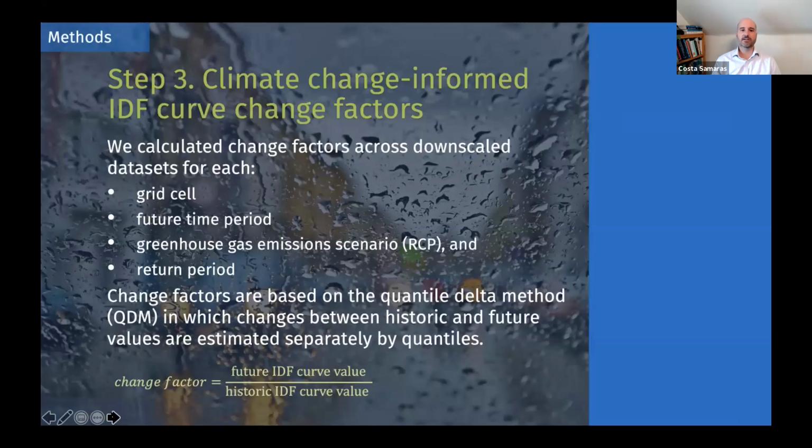So the team calculated these change factors across all of the downscaled data sets for every grid cell in the region, for both of these future time periods, for two greenhouse gas emissions scenarios: representative concentration pathways 4.5, which would represent a moderate to lower emissions scenario, and RCP 8.5, which would represent a very high emission scenario. And for each of the return periods that we generally use in stormwater analysis: 2, 5, 10, 25, 50, and